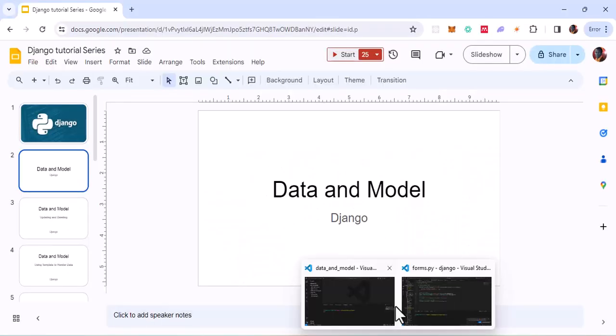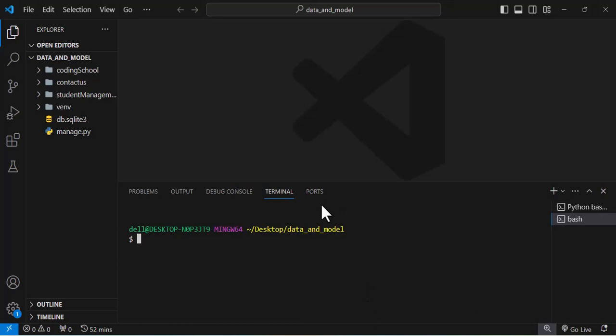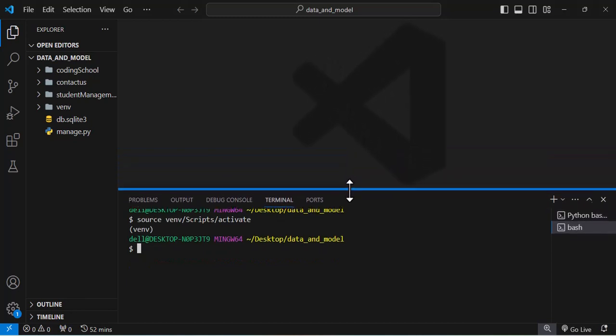Alright, so let's go to our code. We are still going to be using our same source code, just like our usual practice. Let us start the virtual environment. So now that our virtual environment is running, what we now need to do is, of course, before we